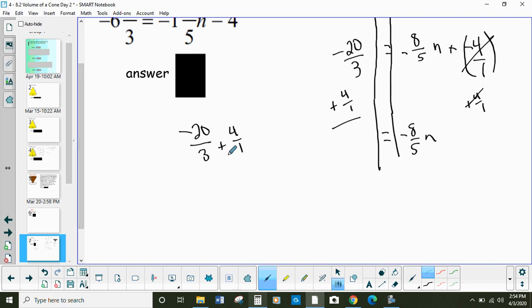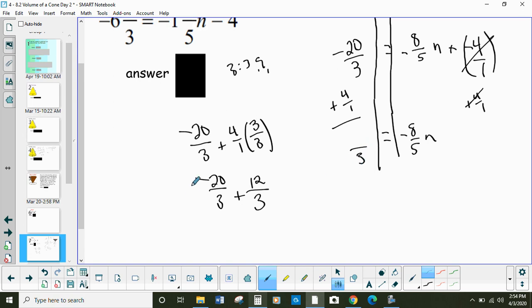Well, remember, I need a common denominator. Look at my multiples of 3, right? 3 times 1, 3 times 2, 3 times 3. Multiples of 1. When's the first time they're the same? It's going to be 3. So in other words, I'm going to rewrite 4 so that it's still the number 4, but it has a 3 in the denominator. So now that they're the same size pieces, I can add the numerators and keep the